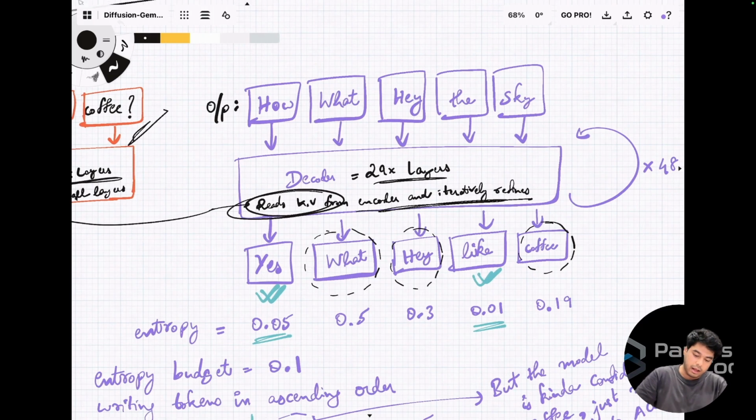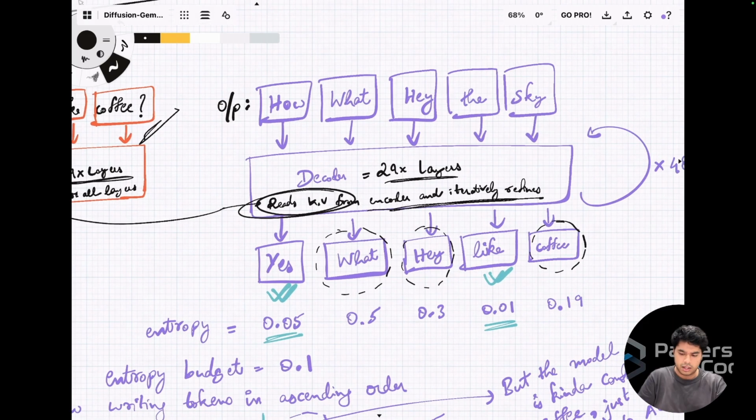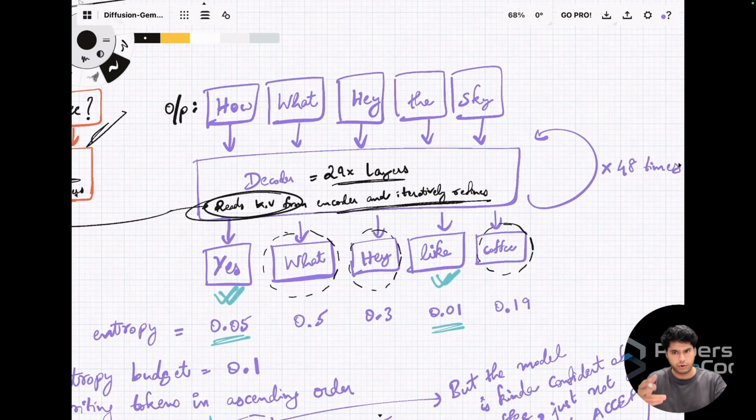Now let's say it gives an output. So it takes the random canvas, passes that through the decoder, which reads from the encoder, and finally we take the output. Now the output is a denoised state of the tokens that we have given as input. So let's say we have yes, what, hey, like, coffee, right? The question that we asked is, hey, do you like coffee? The typical answer is yes, I do like coffee. If you don't like coffee, you're probably a weirdo. But anyway,